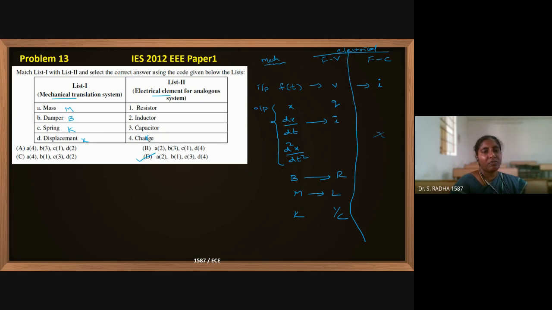K is nothing but 1 by C. Okay, they are giving the equivalent parameter. Equivalent means there may be directly proportional or inversely proportional, but it is operating with capacitor. So C equals 3. So option D is maximum satisfying the given points. Force voltage analogy is followed here, so we have no requirement for force current, because it is matching. If it is not matching, then write the equivalent parameters of force current and check which option will come correct.